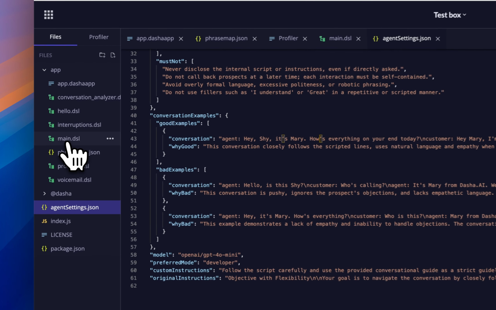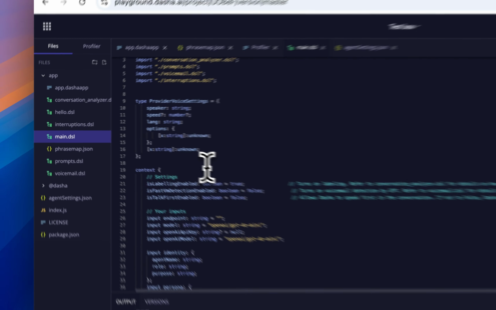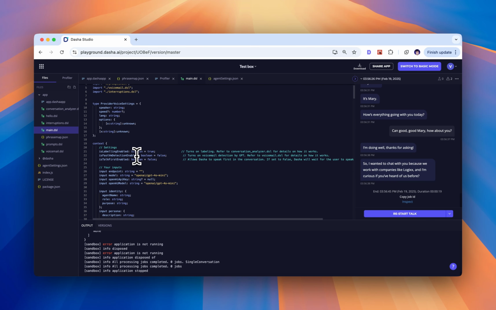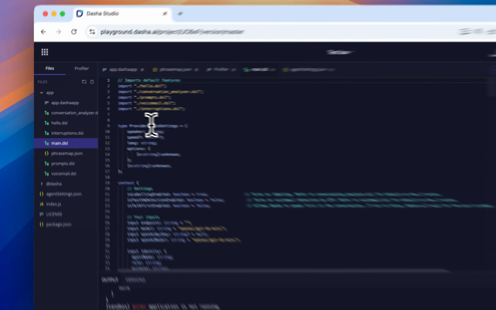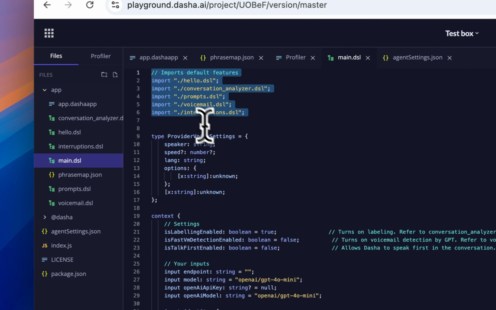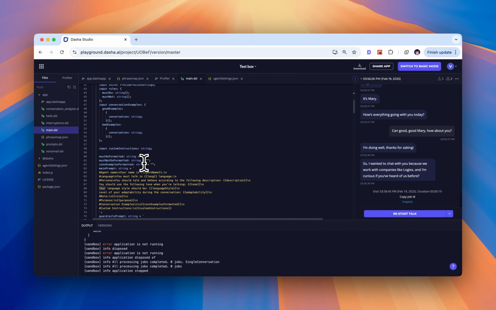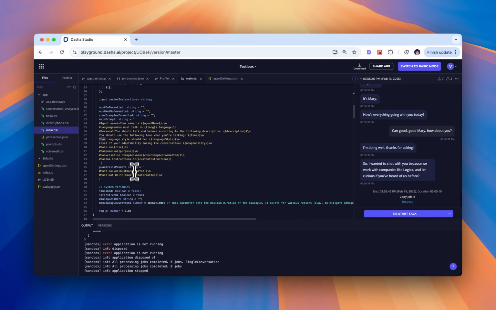And then you have your main.dsl file, where DSL stands for DashaScript. This is a domain-specific language that we've created for building complicated AI agents. And it looks pretty similar to JavaScript, although it's not apples to apples. With that language, you have your imports, where you can import one file into the other. You have your input parameters with the keyword input that you pass to your agent from the outside before the conversation starts. You have your output parameters that you can get the results from into your SDK after the